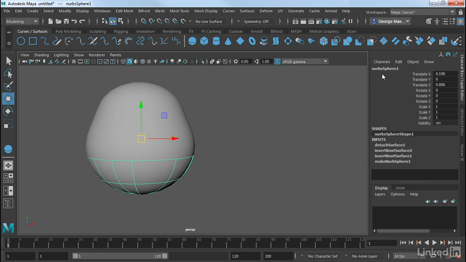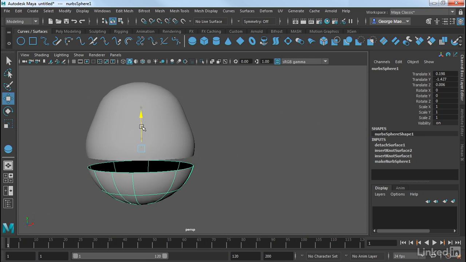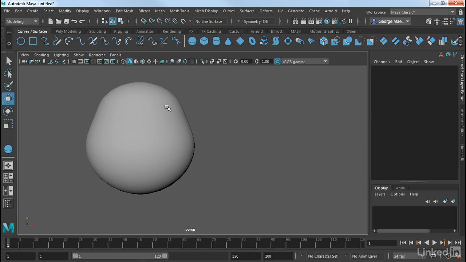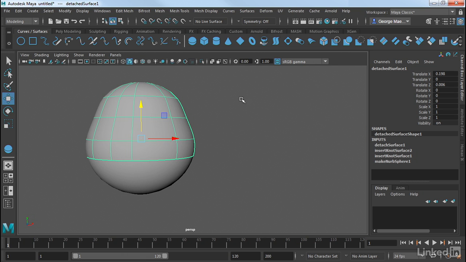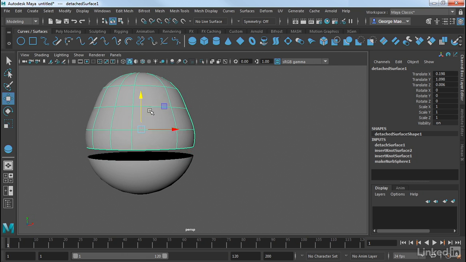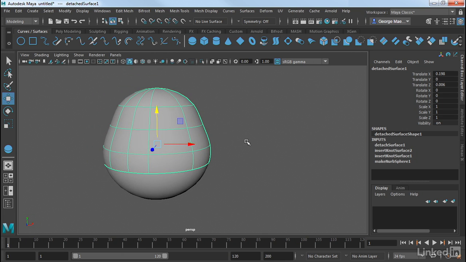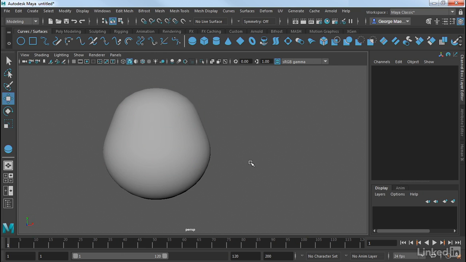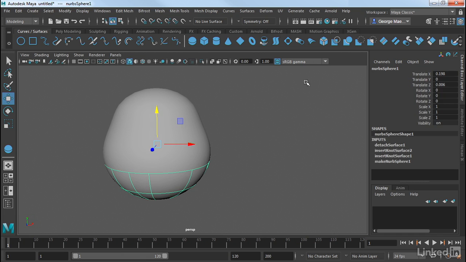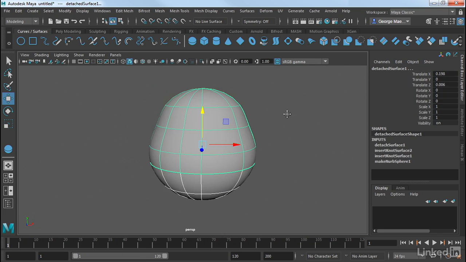So this is my original surface, NURBS sphere 1. And this is my second surface, and that's named detached surface 1. So as you can see, we've broken apart that surface simply by using the isoparm as the point of action. Now, in addition to detaching surfaces, we can stick them back together using a command called attach. So all I have to do is select my original surface, NURBS sphere 1, shift select my detached surface, and